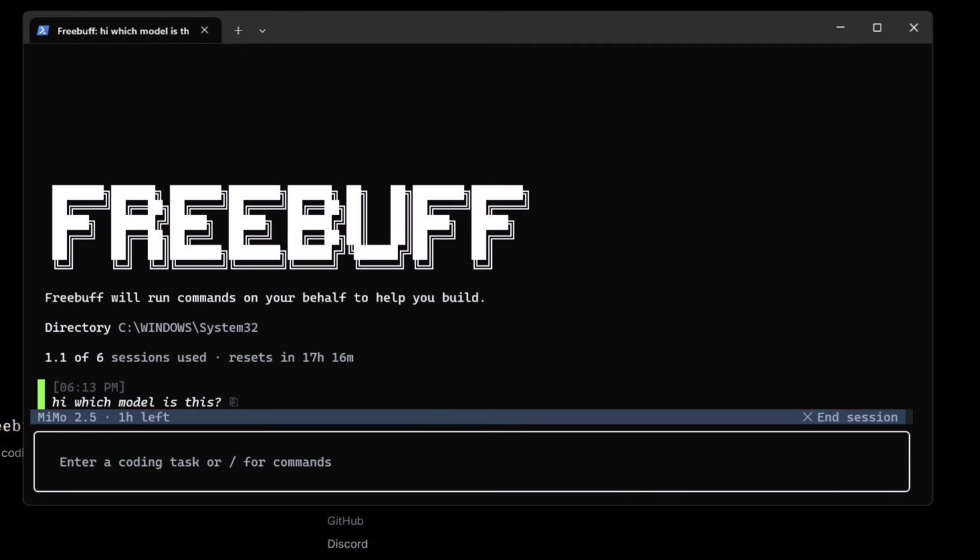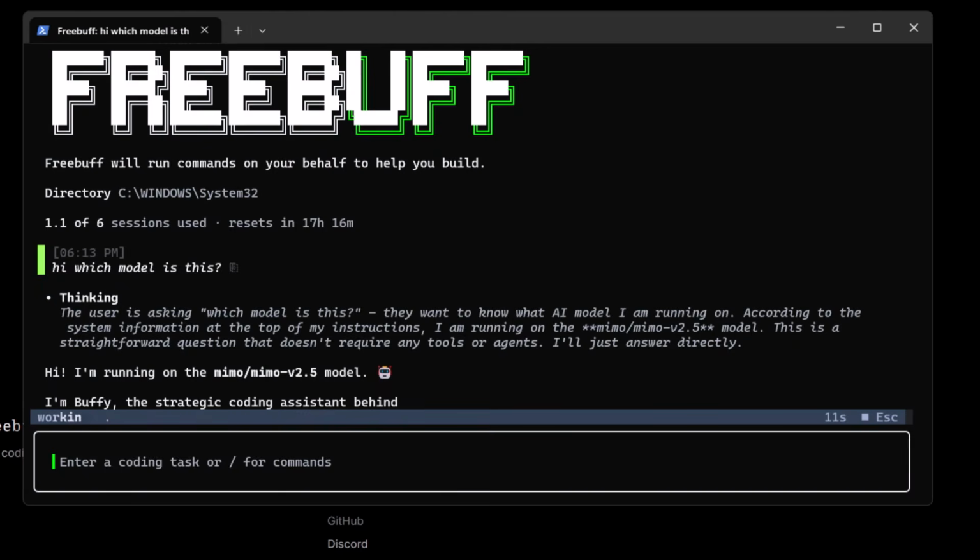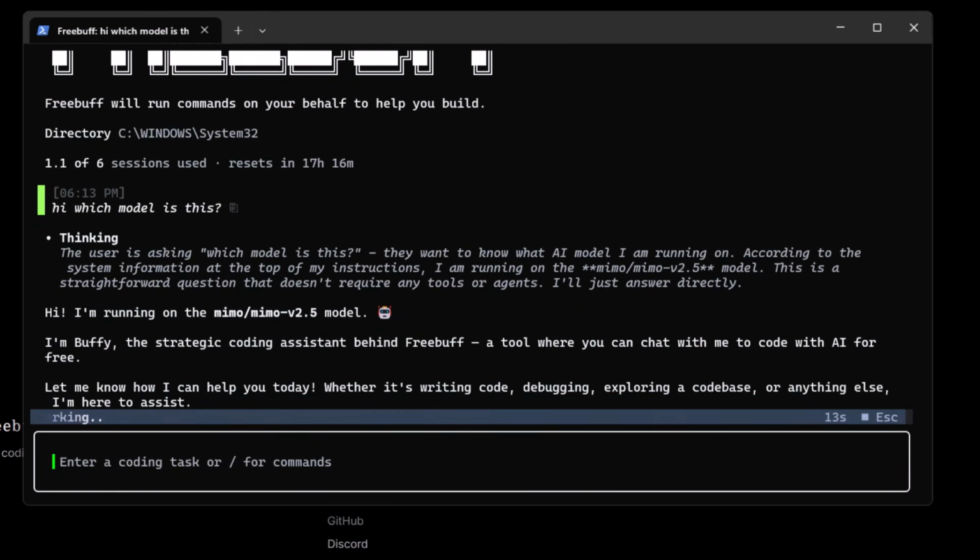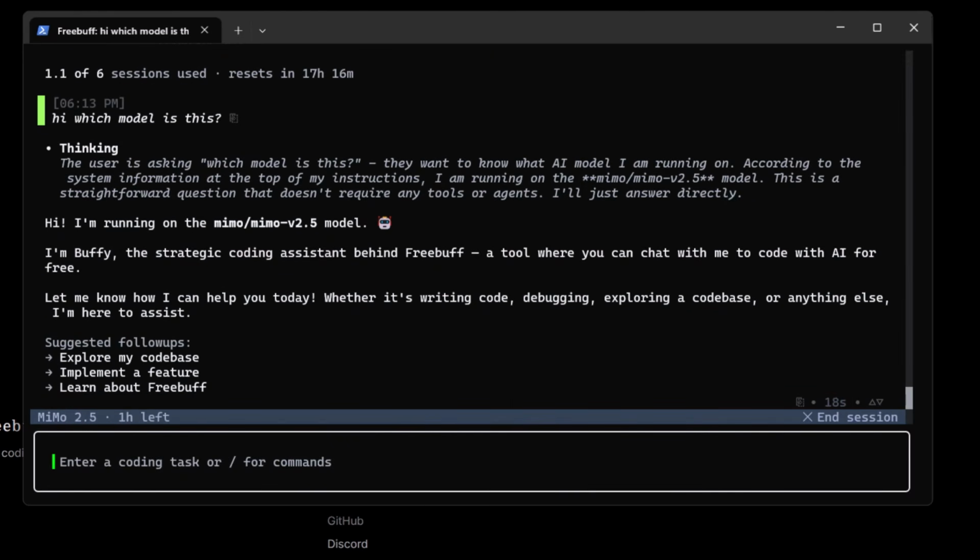Press enter. Hi, I am running the Memo version 2.5 model. I am Buffy, the strategic coding assistant behind Freebuff, a tool where you can chat with me about whatever you want: explain my code base, implement a feature, learn about Freebuff. So it is all about this free CLI tool to use these top models like DeepSeek version 4, Memo 2.5, and Minimax M3,